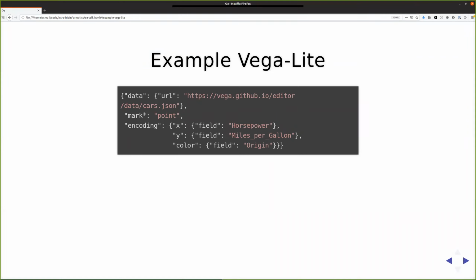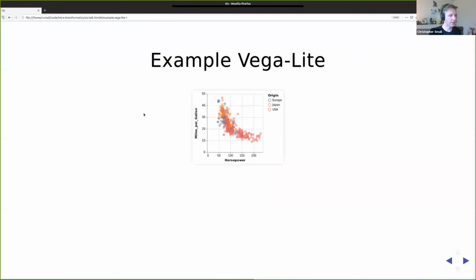here. So what we get then is this nice little visualization, and this is just a static image here, but we get this nice little visualization, which is exactly what we expected, right? It's miles per gallon versus horsepower, and we're coloring by origin here, and it gives us a key and a legend and everything. So the equivalent, just for reference, the equivalent Vega that would have been required to create this as